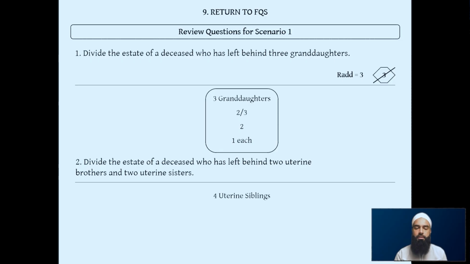Revealing the answer is fairly easy. Uterine siblings, if more than 1, get 1/3. So we'd make it out of 3 again. 1/3 of 3 is 1. We've still got 2 left over, which we haven't given out. So